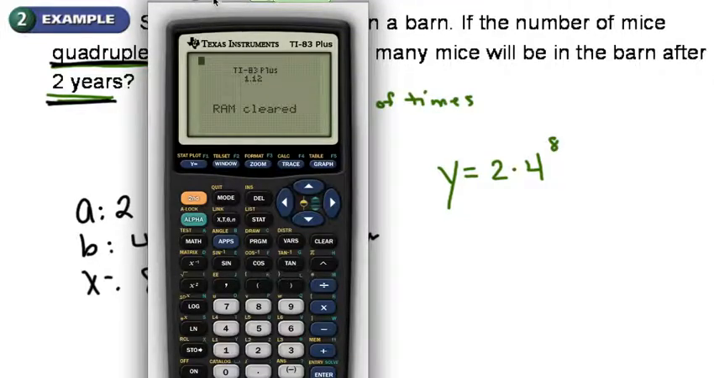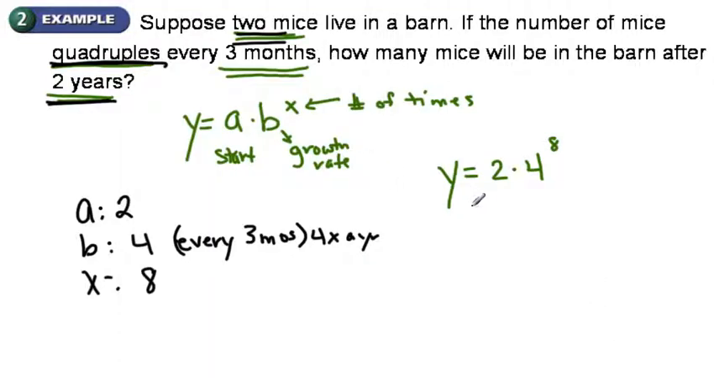Here we go. And it's not covering that equation. So we have 2 times 4 raised to the 8th power. And that gives us 131,072. So we have